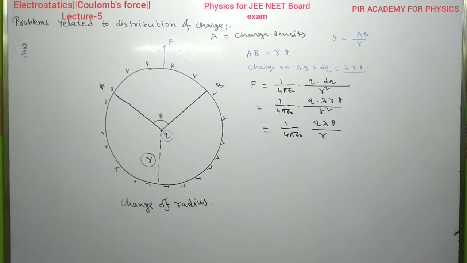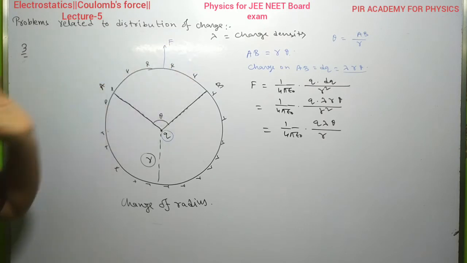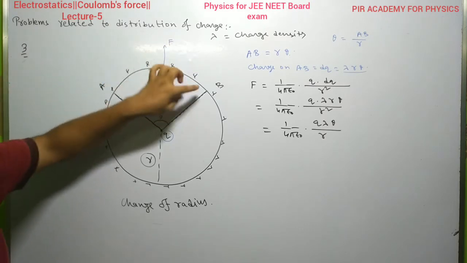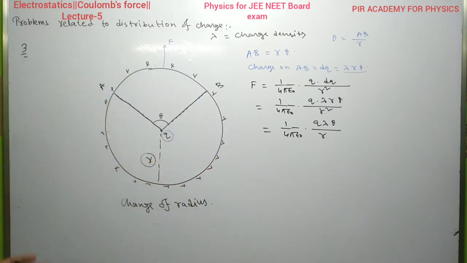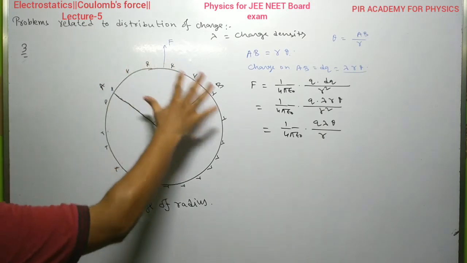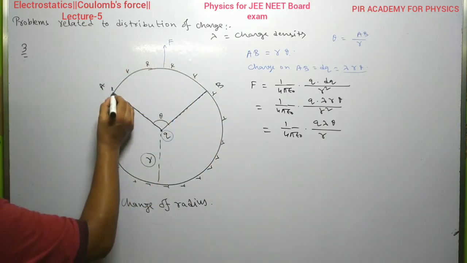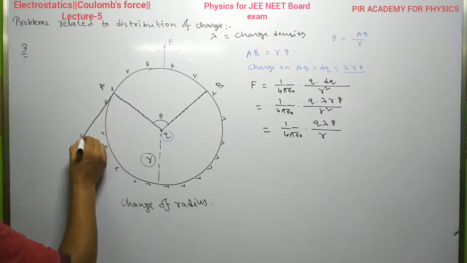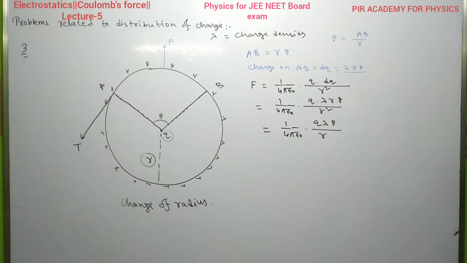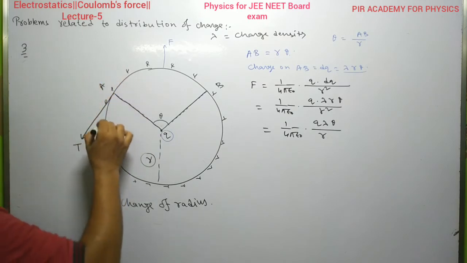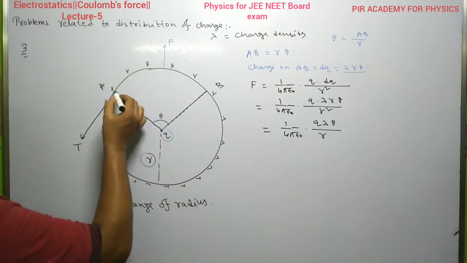This is the force on this portion. When this portion experiences a force, then tension is generated on this circular wire, and tension on the circular wire always acts normal to this direction. Suppose this is the point A. The normal at point A is along this direction. So the tension at point A will be T along this direction. That will be tangential. And so the tension of the wire always acts tangentially.